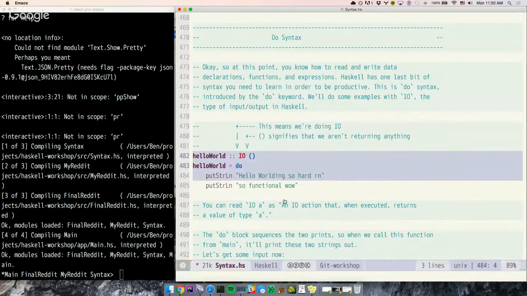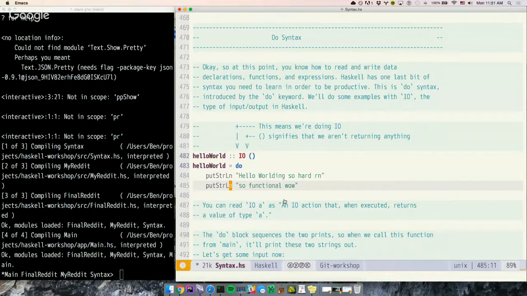And so this is a hello world program in Haskell. We say that hello world has the type of IO, and the return type of this IO is unit, which is like void in C or Java. And first, we use do, and this opens a do block. The do block is basically, we give it a series of actions to perform, and it will do those for us. So the first thing is putStrLn, or put string line, which prints a string with a new line attached to the end of it. And we just do 2 of these. And so if we were to run this in the REPL, it would just print out hello world